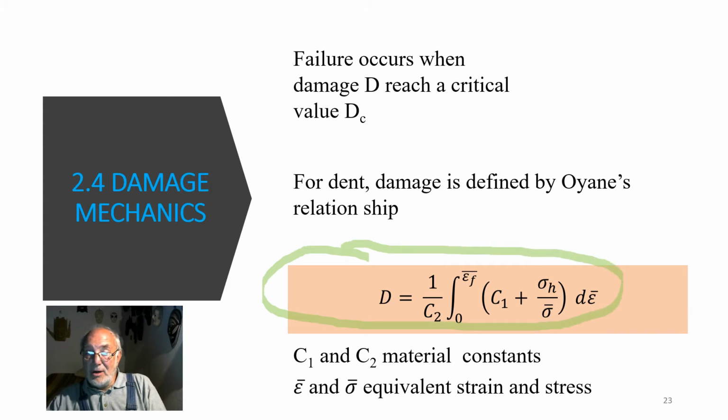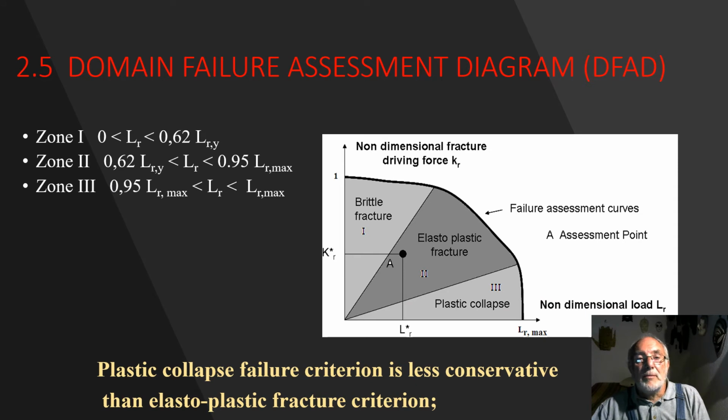In this formula, C1 and C2 are material constants, and we also have to use equivalent strain and stress. One of the problems in failure analysis is to know the exact failure criterion that we have to use. Here, we will present a conventional